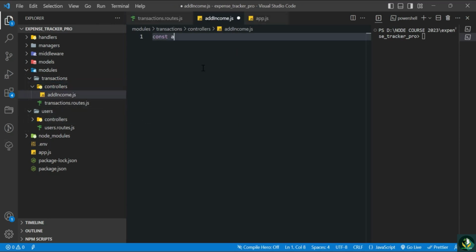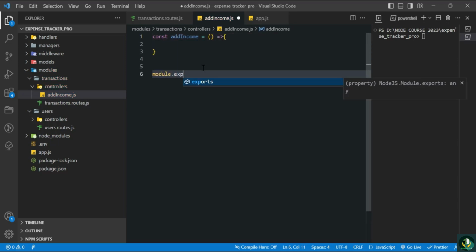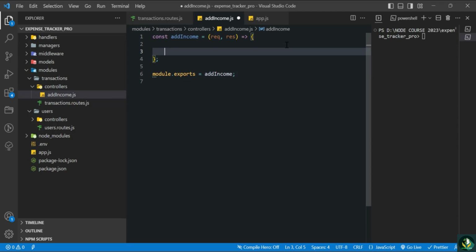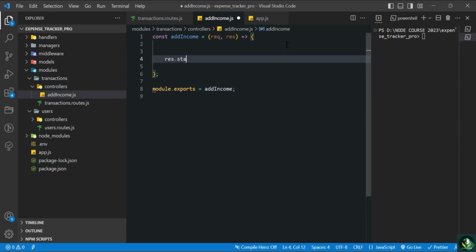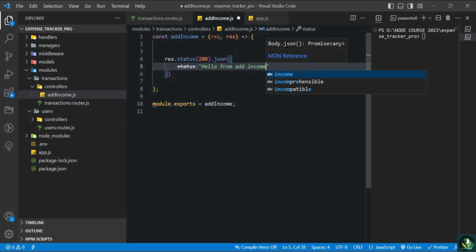Inside of it, const addIncome equals an arrow function, and then module.exports addIncome, right? This addIncome will have access to request and response, and inside of this, response.status(200).json